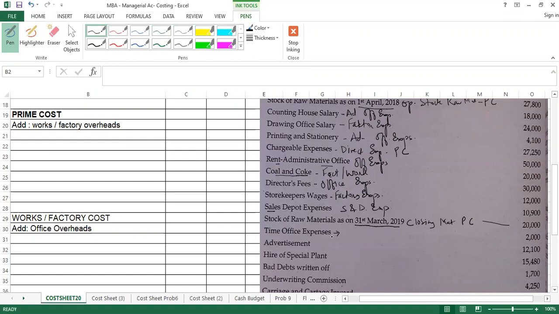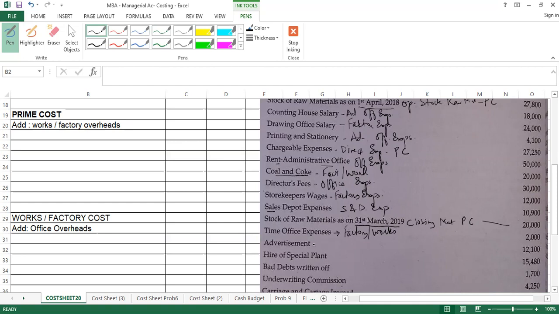I think so. Yes. So time office is where we record when the employees are coming, when they are going, what time they have consumed to manufacture a product, or how many labor hours they have worked. All that is recorded in the time office, and the expenses are your factory expenses or works overhead. For office staff we don't maintain how much extra work they did. Even if the duty is 9 to 5 and he stays till 7, we don't pay him overtime. But in the factory we have to maintain the overtime, everything. So time office expenses is a factory or works expense.